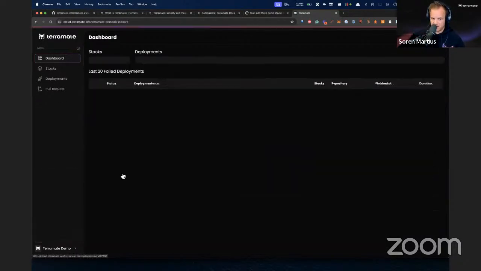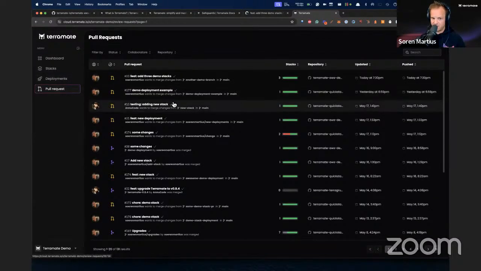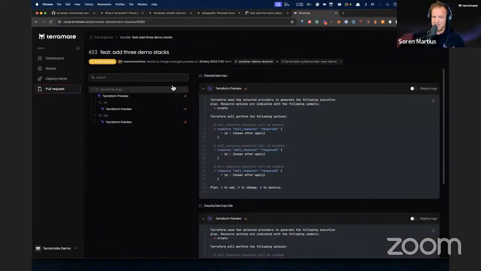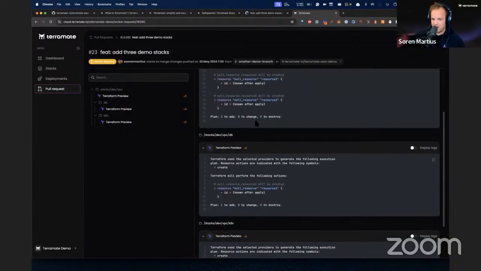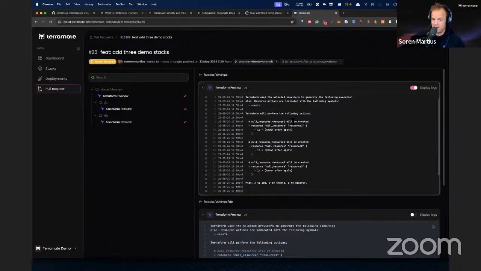I'm going to open my demo organization here. And here you can see a new pull request is available in Terramate Cloud. This pull request gives us a representation of all stacks affected inside of a PR, right? The plans as well as the log lines here. And those log lines come from GitHub Actions. So what Terramate actually does is it looks at the plans, it looks at the logs, and it synchronizes those to